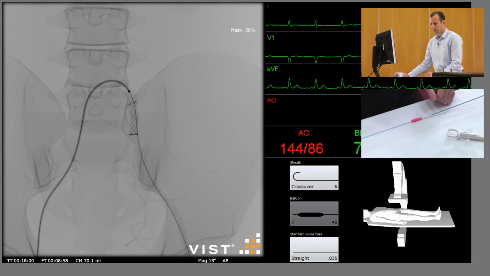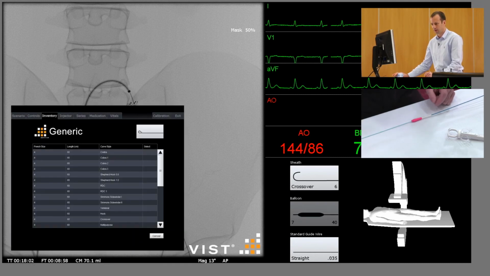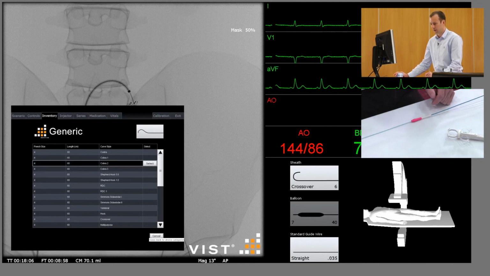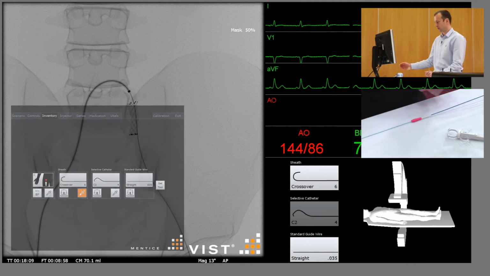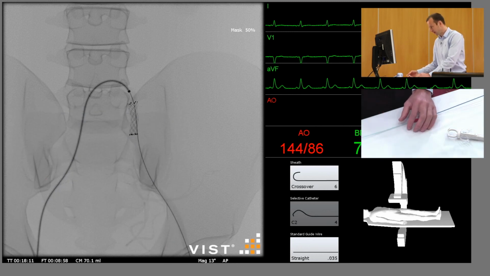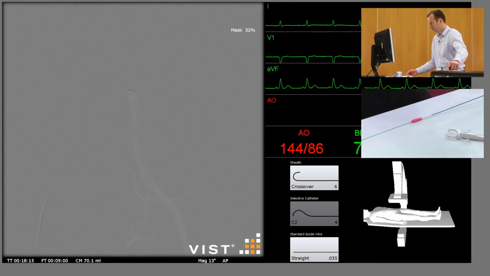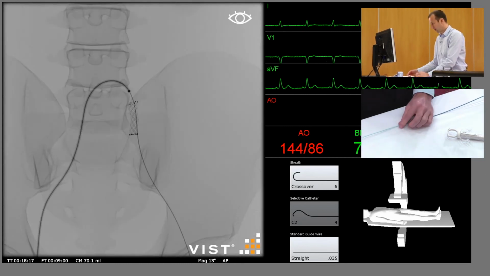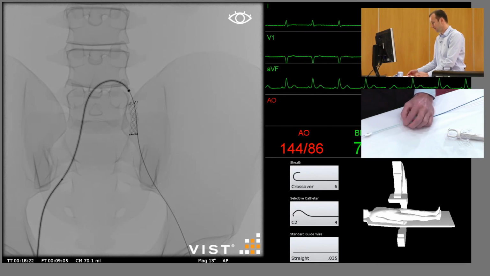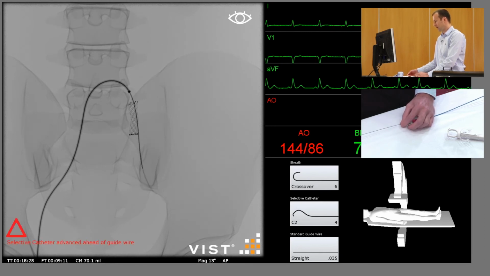We know from the preoperative CT scan that there is a stenosis of the superficial femoral artery. And so we should just go and take a picture of that, an angiogram of that. You can use any of the diagnostic or selective catheters to do so. We'll just advance that through the sheath, past the lesion we've just treated, into the external iliac artery, remove the guide wire,